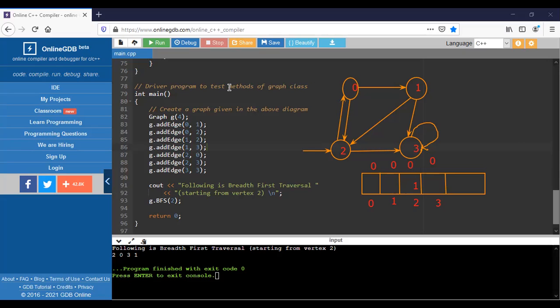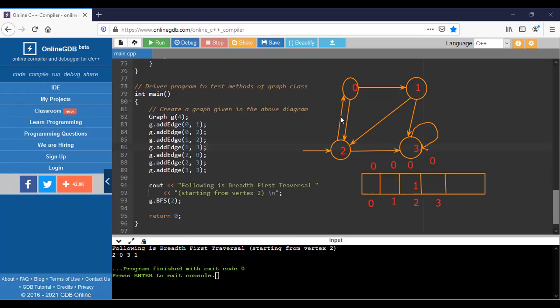We have 3 nodes connected here: 0, 1 and 3. So first, which one do we visit, 0 or 3 or 1? Just to see, I will mark them here.